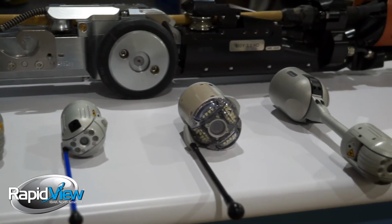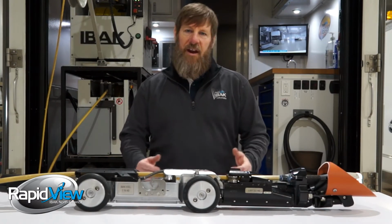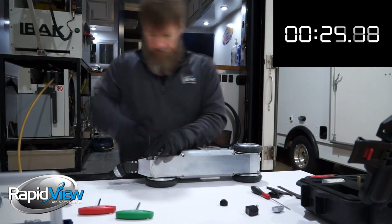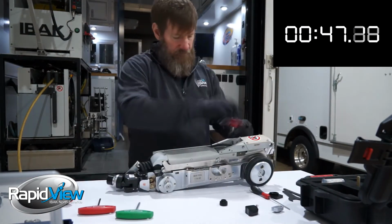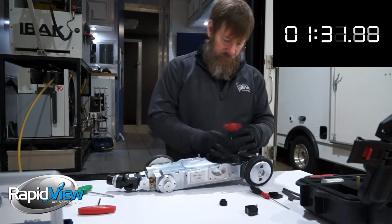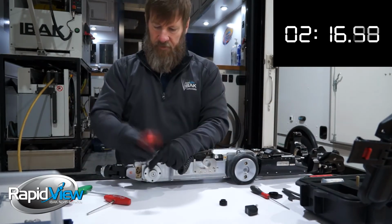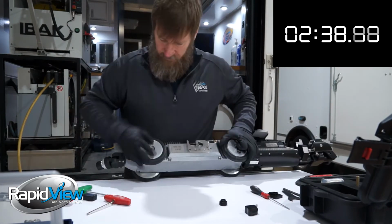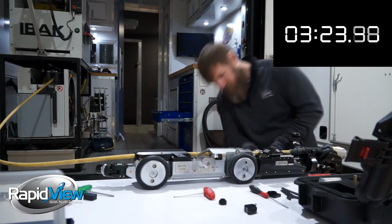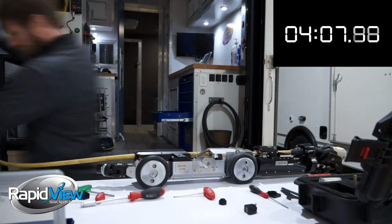It's modular in the way it's built so that once you have that tractor and you're doing mainline inspections and you're like, hey Andy, I'd like to add a lateral launch to my system. Okay, simply remove your mainline camera off of the tractor, remove your lift or base module, and attach the lateral launch. Plugs in right back here, but take the one wheel off, it plugs in. Put the lateral launch, 2 bolts, tie that unit down onto here, and then you'll take your Orion camera, put that onto the push cable,